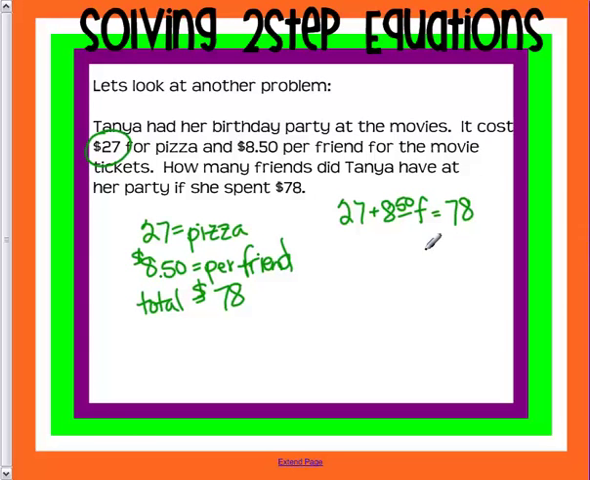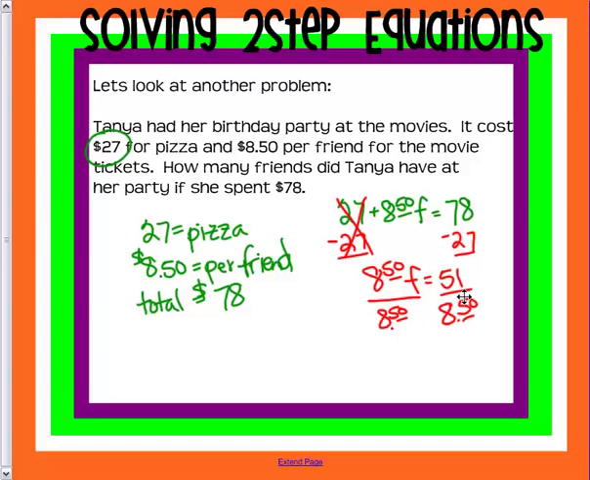So the first step would be to combine like terms. We know that we've already spent $27 on pizza. So let's get rid of the pizza, and now we're left with $8.50 per friend, and we're left with 51 as our total that we spent on just the movies. We spent 27 on pizza, so if we take the 27 away from our 78, we spent $8.50 per friend, equaling $51. So if we divide by $8.50,